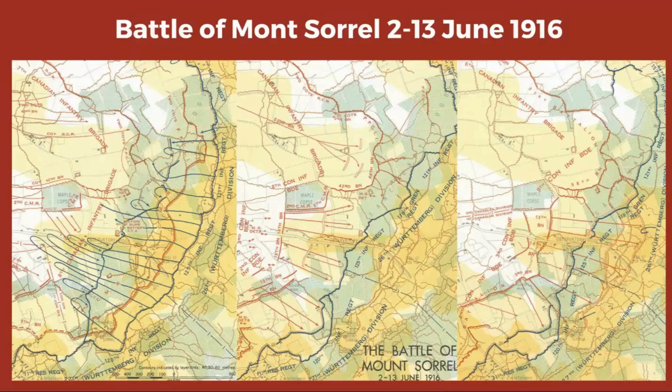On the morning of the 2nd of June, 1916, Major General Malcolm Mercer met up with Brigadier General V.A.S. Williams, the commander of the 8th Canadian Brigade, and the two went forward about 6 a.m. to do a reconnaissance of Mount Sorrel and Tor Top for the upcoming Canadian attack. Tor Top is another name for the feature right beside Hill 62. They arrived at the 4th Canadian Mounted Rifles, and the Germans began a massive and violent bombardment along the entire 8th Canadian Brigade front, hitting part of the PPCLI and the 7th Canadian Brigade. The worst hit area was actually where the 4th Canadian Mounted Rifles and the Brigadier and Major General were,